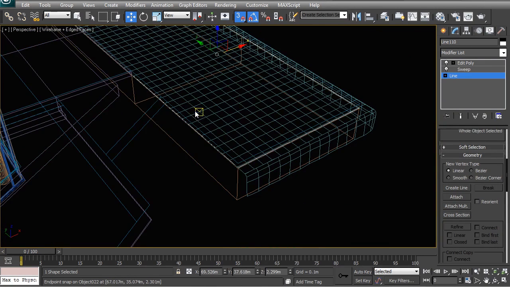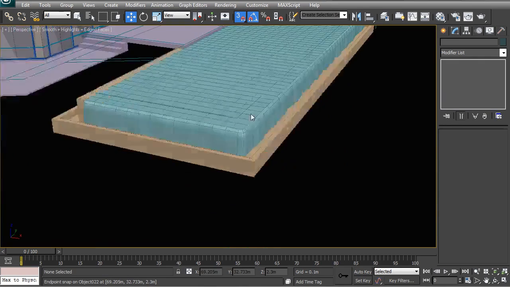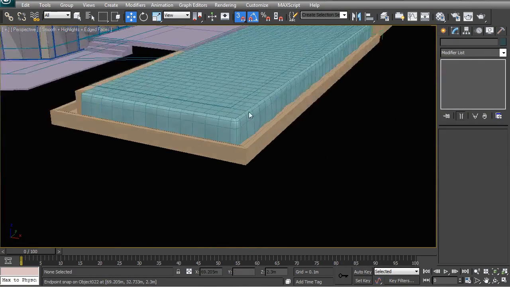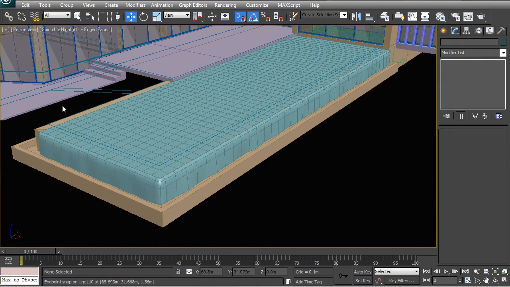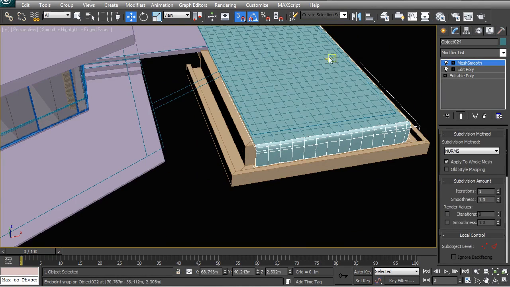Now once you go to your top level, you will see that the sweep command and the edit poly that we have already in our modifier stack basically completes the object with no other work necessary. So this is quite nice, so you don't have to really model anything, you just have to extend the line. Next, what we're going to do is the same thing but to the water. The difference with the water is that we don't have a sweeped object, so we need to do it in